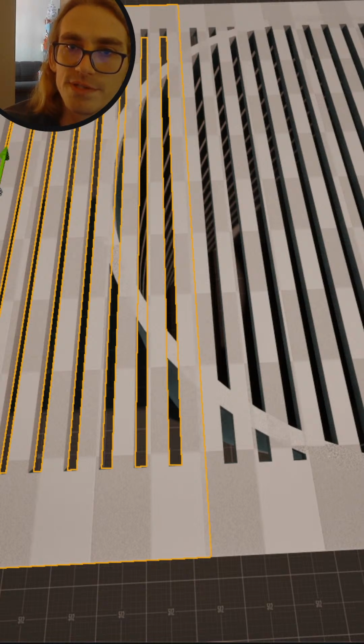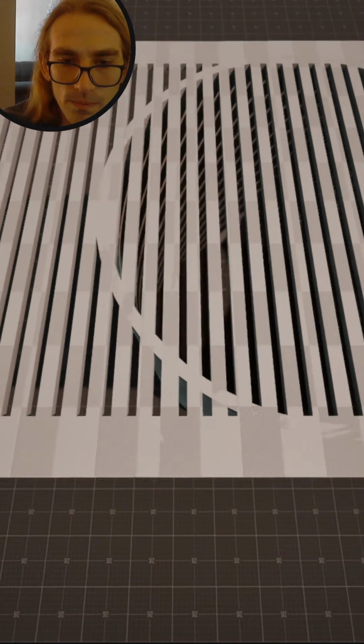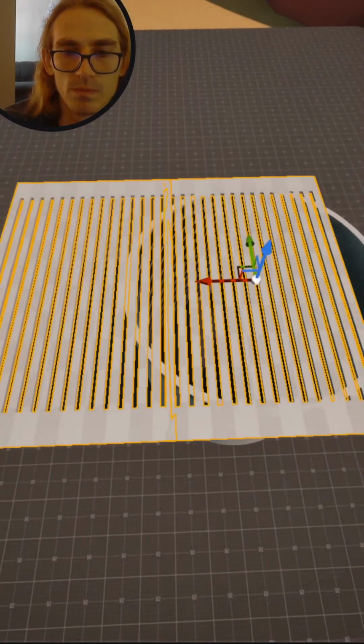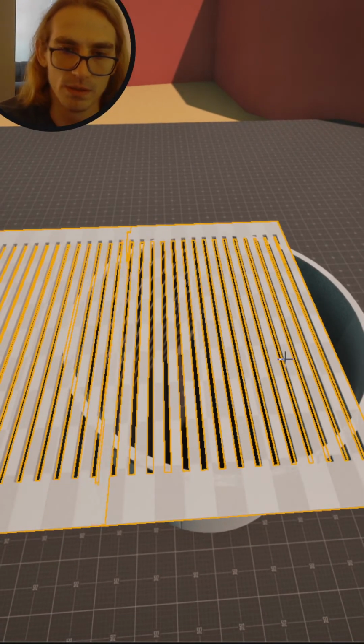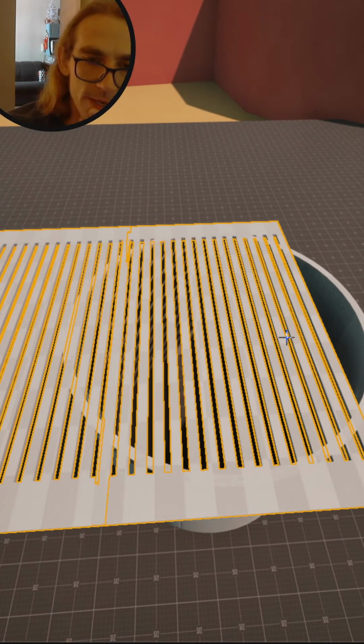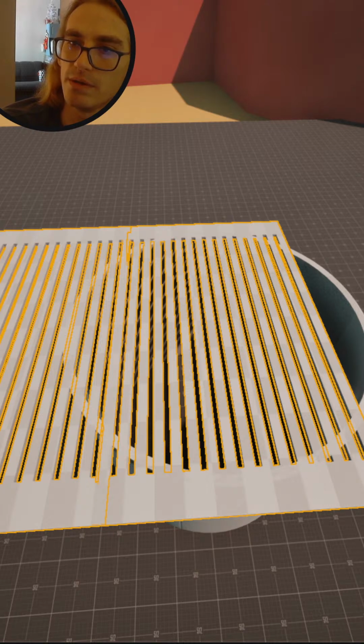Yeah, I'm not sure if this is going to go through. Something like this. Now I'm going to make a Boolean union